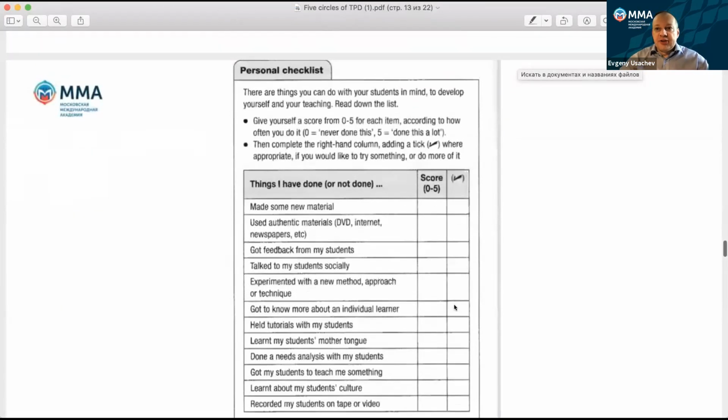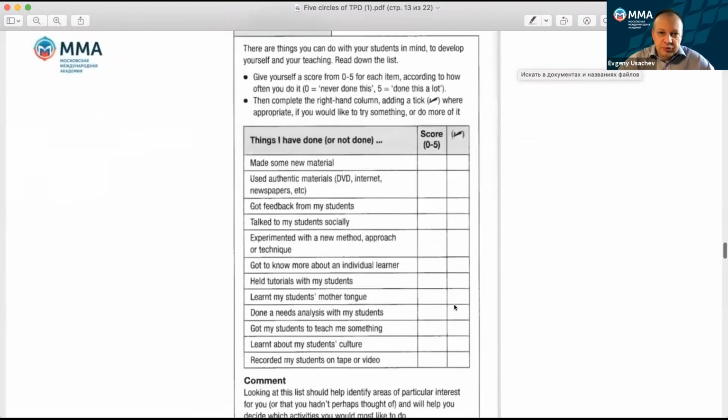Speaking about the next circle, you and your students, again, there is a checklist of what you've been doing, and so you can again give a score to each point. For instance, have you made some new material, or have you got feedback from your students, or have you talked to your students socially, things like that, or have you got your students to teach you anything, right?